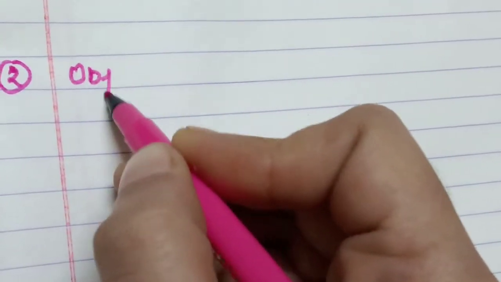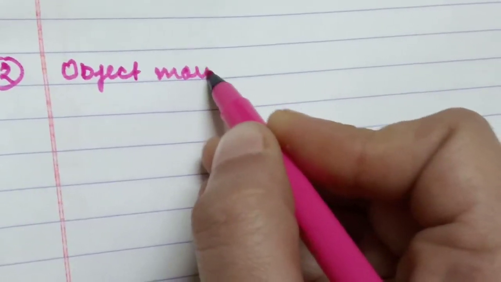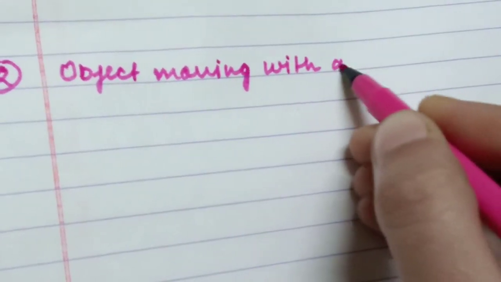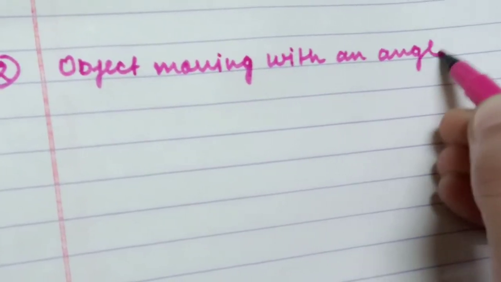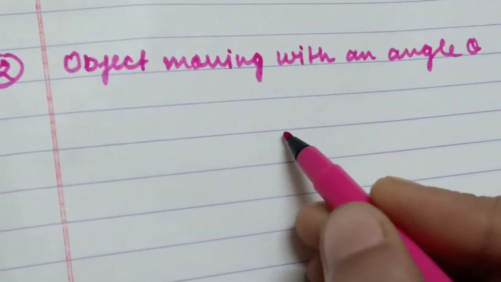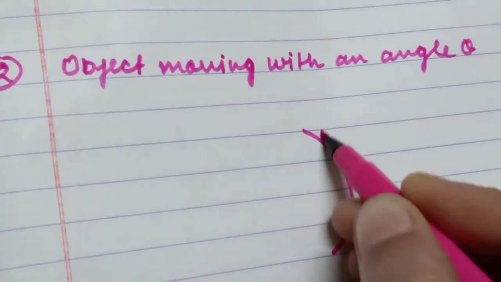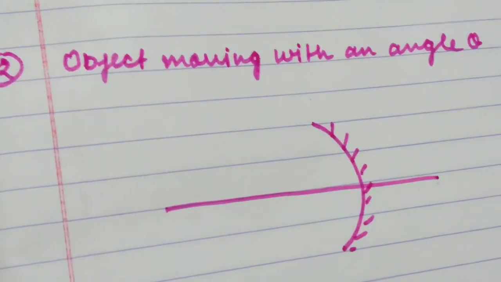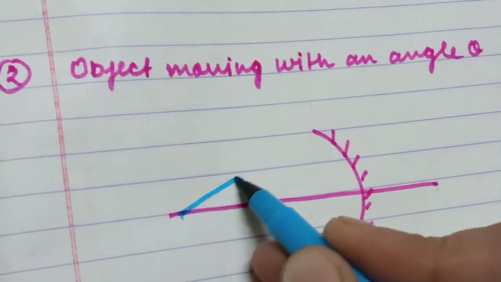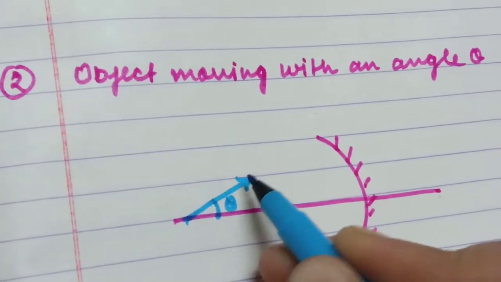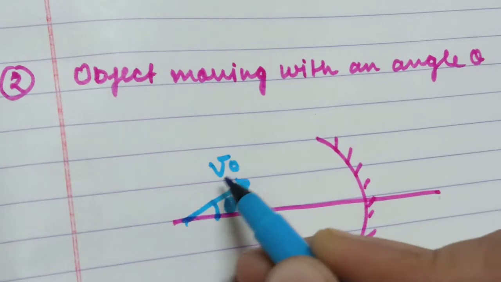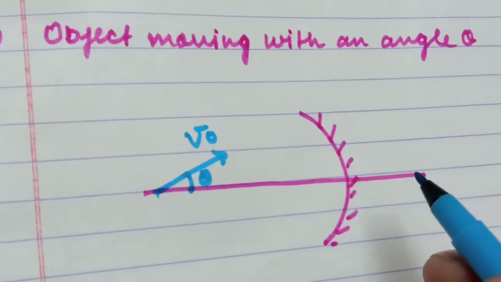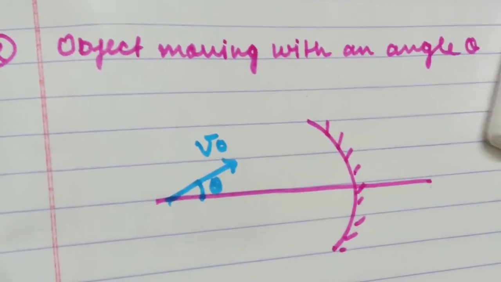object moving with an angle theta. There is a mirror, a spherical mirror. The object moves like this at theta angle. So this is the velocity of object. Then what is the velocity of image? This is the question. The third condition is